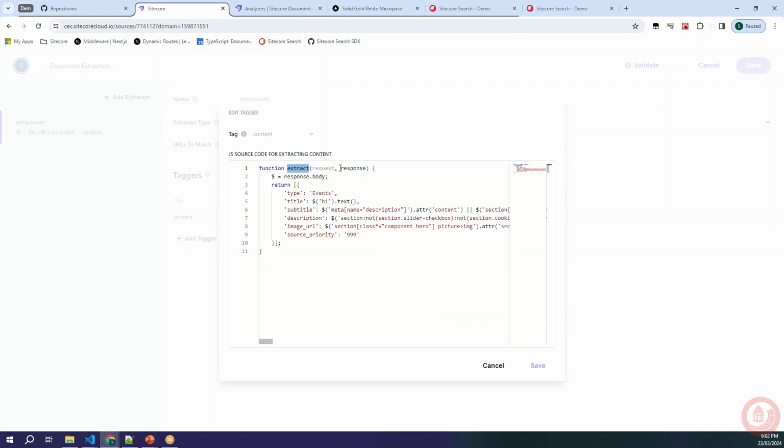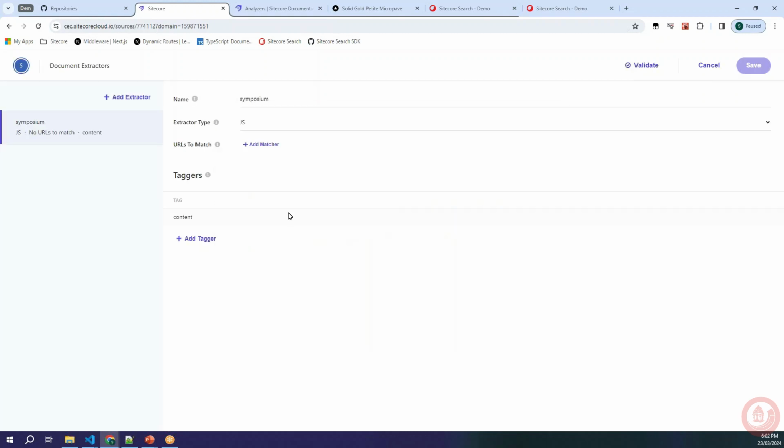You just create an extract function, and Sitecore Search injects a request and response. The response contains the whole body of the page that is being crawled, and then that's where you start looking into the tags information and start doing that. And once you are done with this,